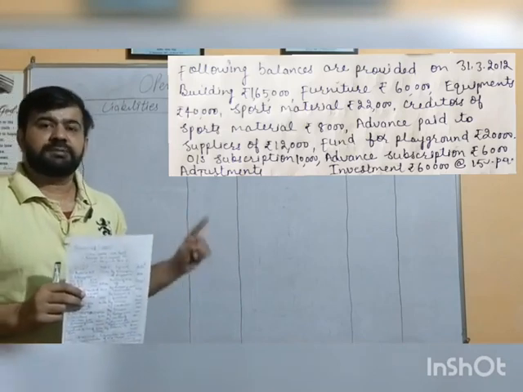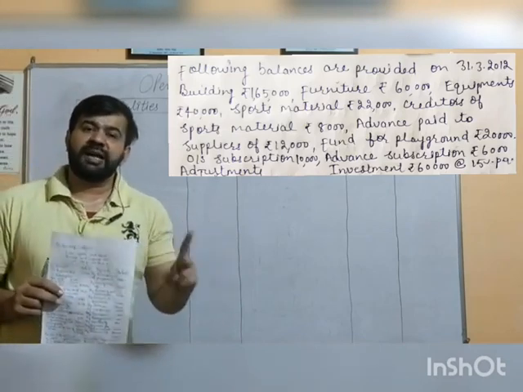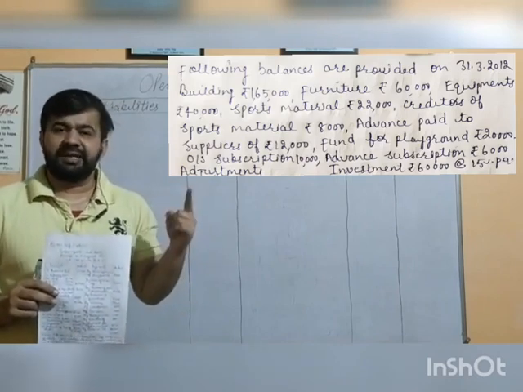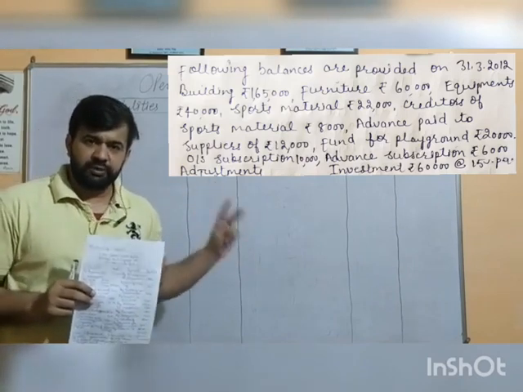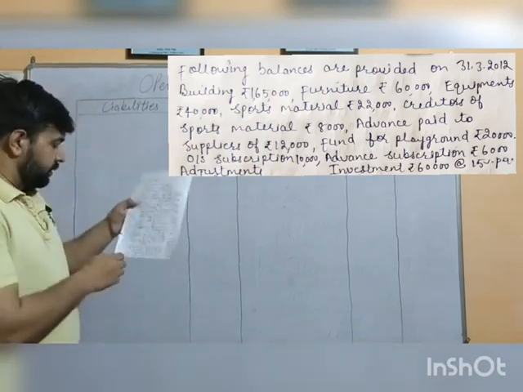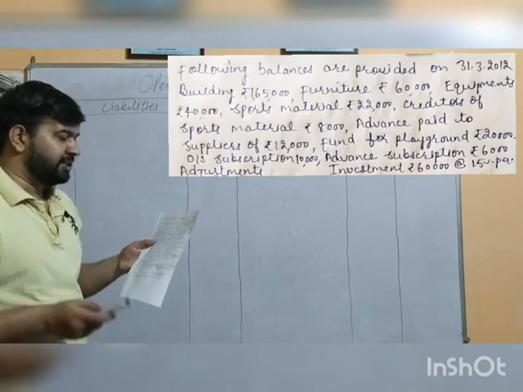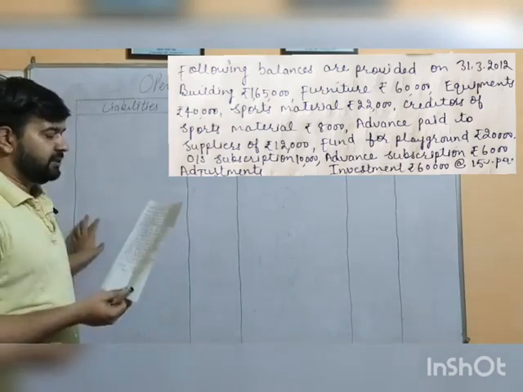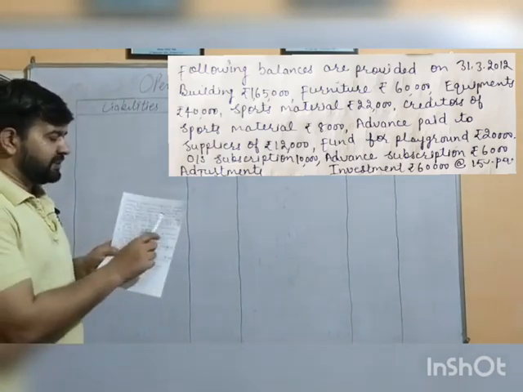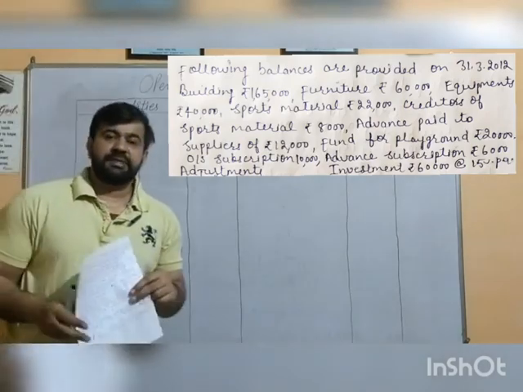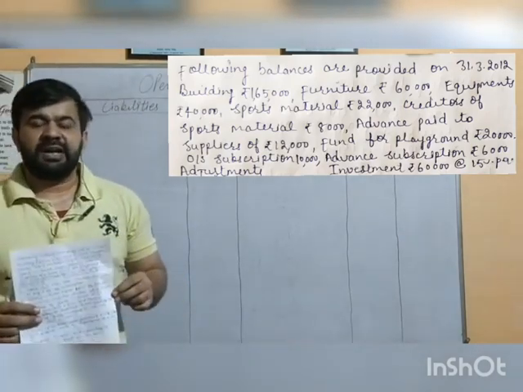It is to be shown on the asset side of the closing balance sheet along with the outstanding subscription of the current year. So here we may have two types of outstanding subscription. First, that belonging to 2011-12, and second, that belonging to 2012-13. Then we have advance subscription rupees 6,000, that is to be considered as a liability in the opening balance sheet. Investment rupees 60,000 at 15% per annum. You know, investments are subject to an interest of 15%.